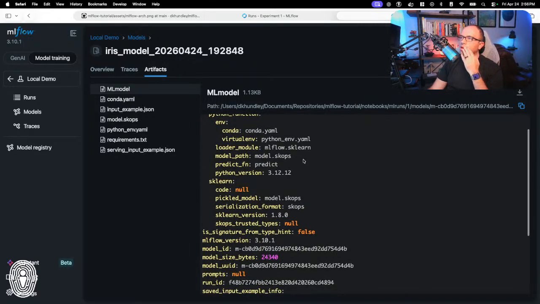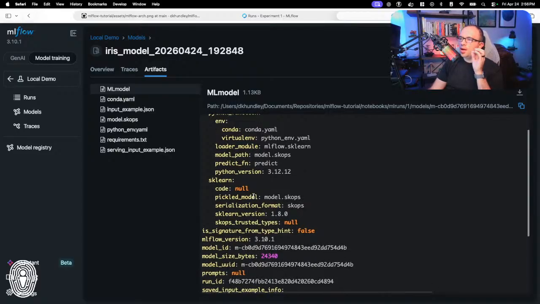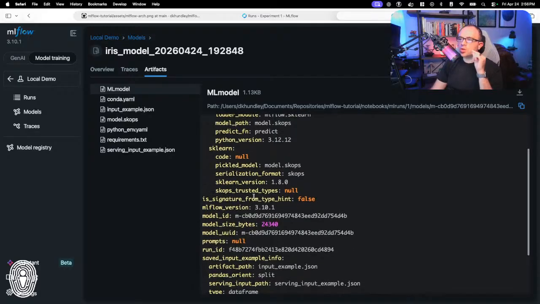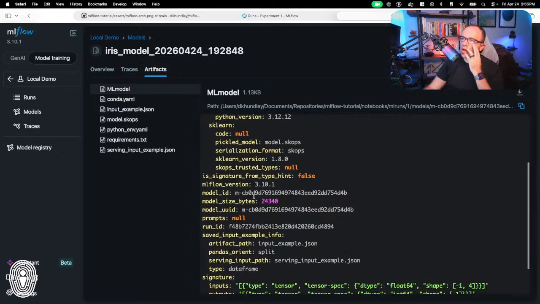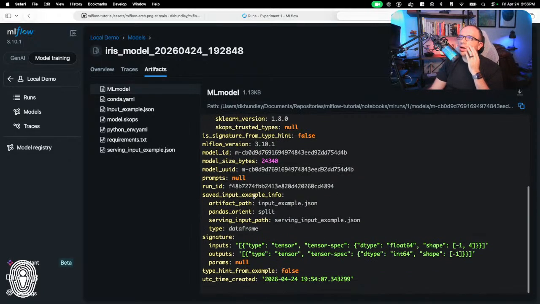It demonstrates where our model actually sits and how it's going to be predicted, and then we'll talk a little bit about customization. Let's say you wanted to be a little bit more explicit with the input-output code, because by default, whenever you serve out one of these models from the tracking server, it's just serving the model itself out. In many cases, what is more common is that you have some pre and post processing steps, and we'll demonstrate that a little bit later on in the stream. So that is the ML model file.